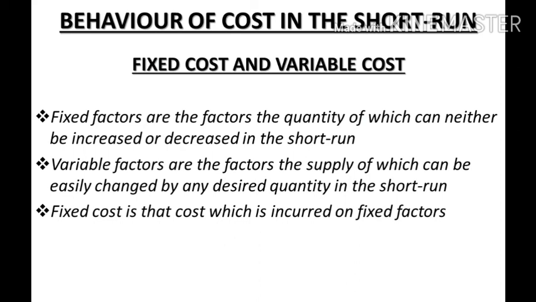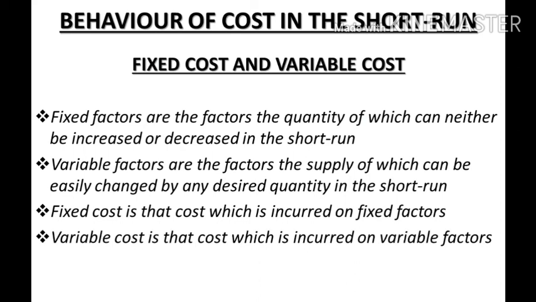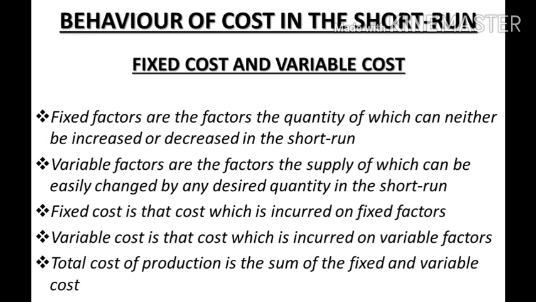Similarly, variable cost is the cost which is incurred on variable factors. Again, for example, the salaries that are paid to casual workers, running expenses like electricity bill, taxes like excise duties, they all fall in the category of variable cost. And then total cost of production is the sum total of fixed and variable cost. So, economic cost can be looked at from the viewpoint of total cost or from the viewpoint of per unit cost. Per unit cost is the average cost that will come later on.